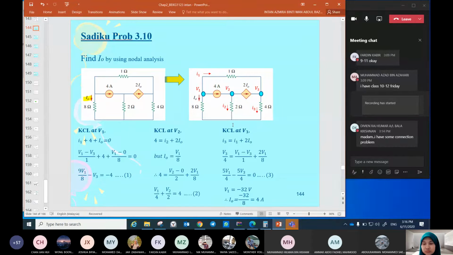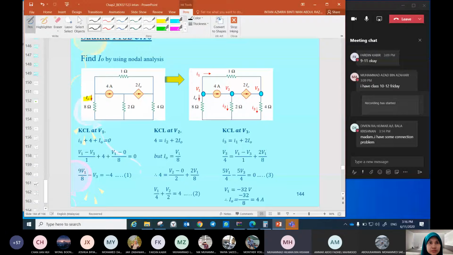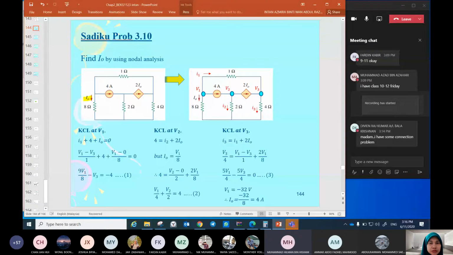So you can ignore that because it is 0 ohm. The idea of a reference node is that the current flows through there. That is the final destination of the current. This is the reference node, right? So V here is equal to 0 volts. That's why I naught is equal to V1 minus 0, divided by 8, or you can write V1 over 8.